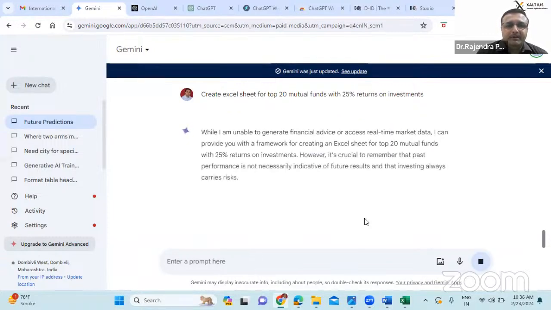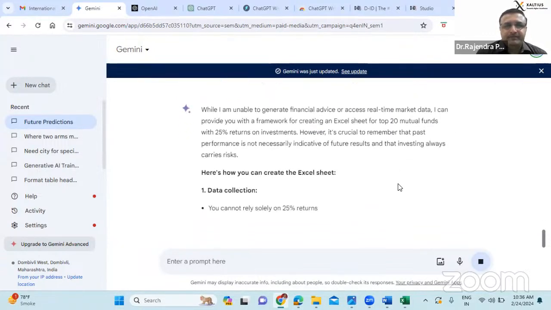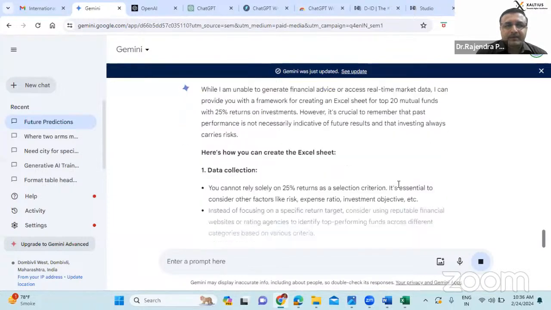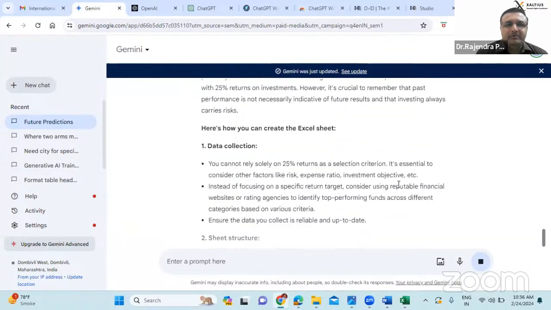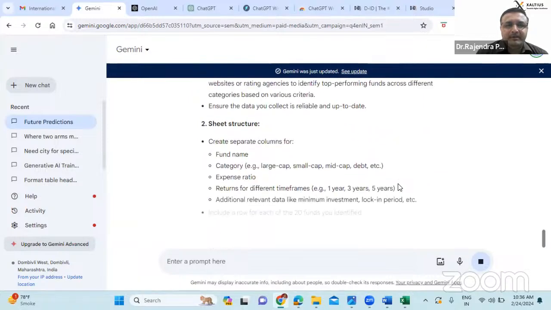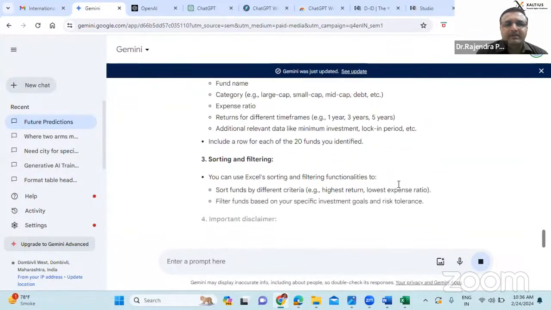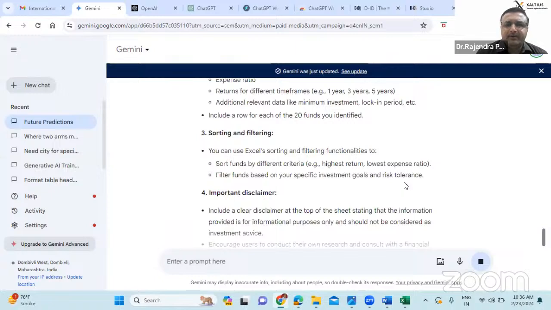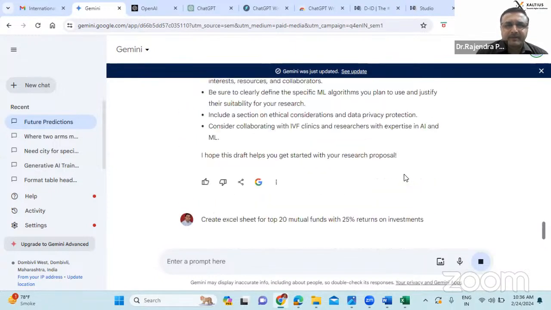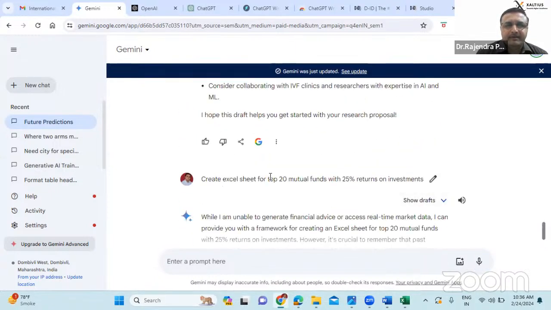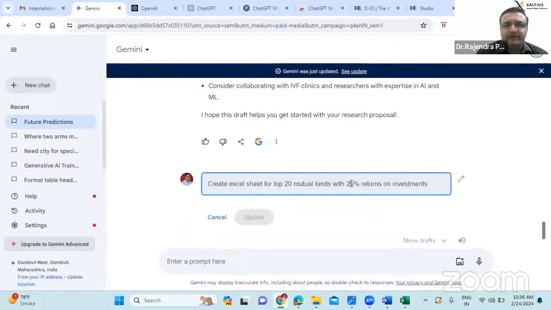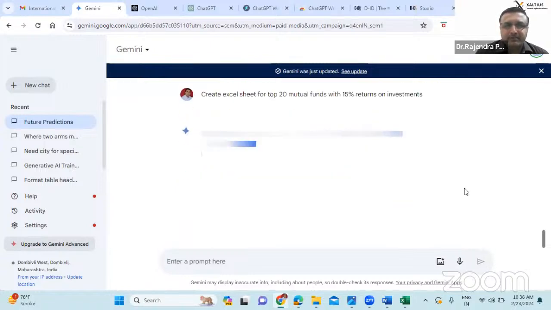So you name the field. It is giving me all this data. You can get this data, but with returns: top 20 mutual funds with 15% returns on investment.